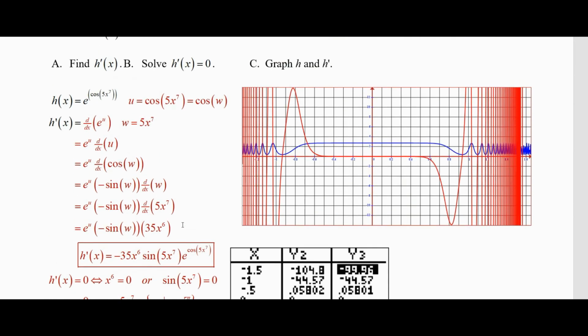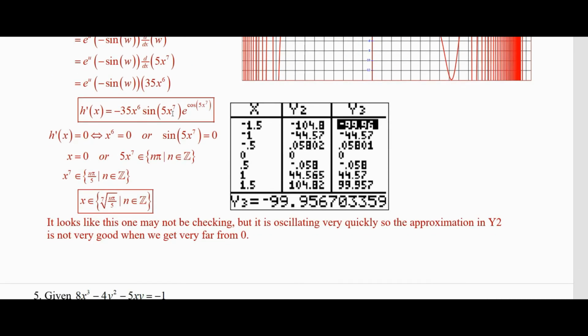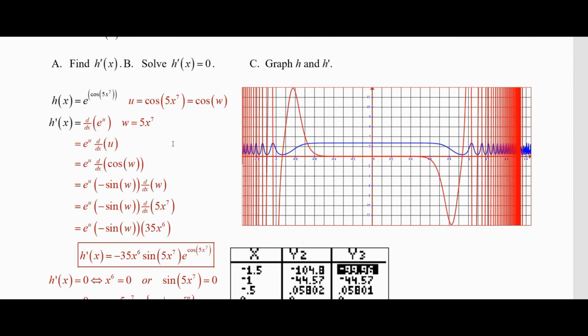And then it says, find out when this is equal to 0. Well, e to any power is never 0. So first of all, when you have a bunch of things multiplied together and that equals 0, one of them has to be 0. So negative 35 can't be 0, but the x to the 6 could be 0 when x is 0. The e to the power can never be 0, but the sine of 5x to the 7th could be 0. So that's our sine of